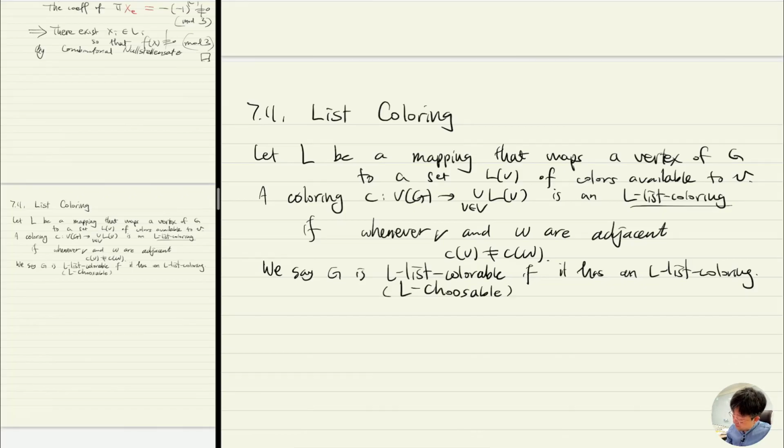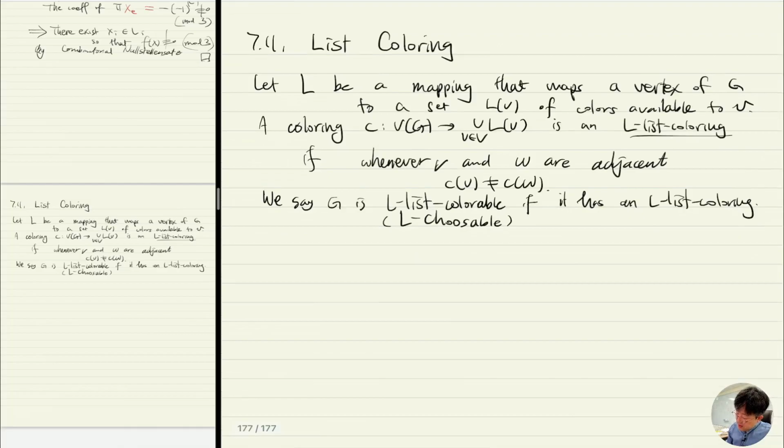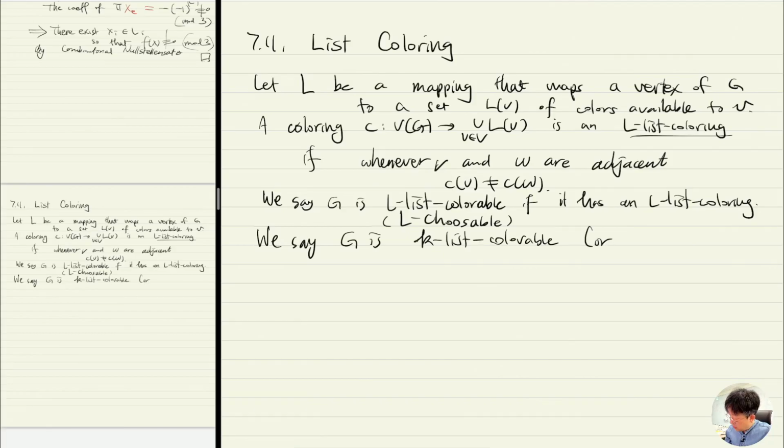It's the same thing, right? And then now the definition, the list chromatic number. We say G is k-list colorable, or k-choosable,